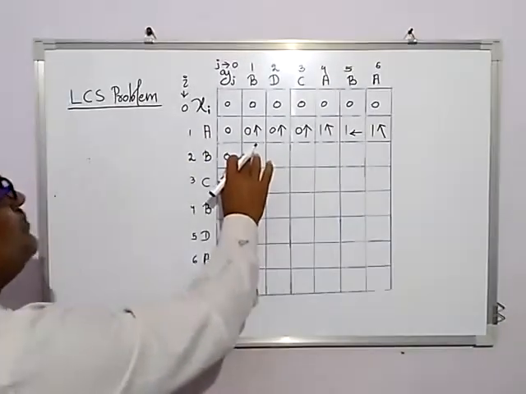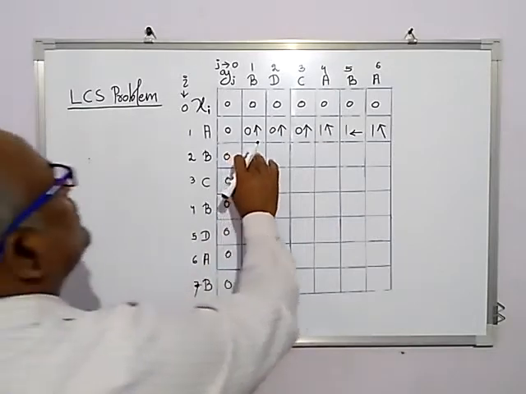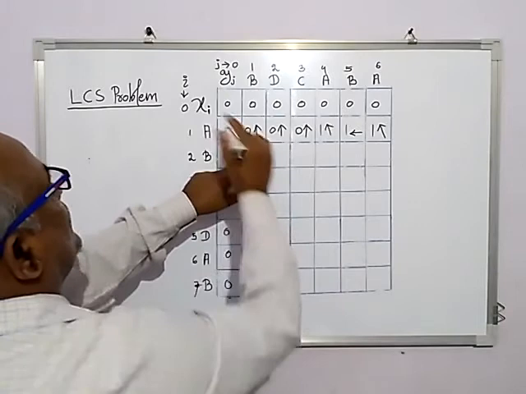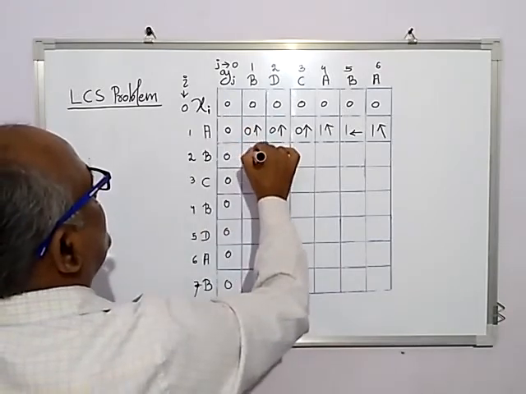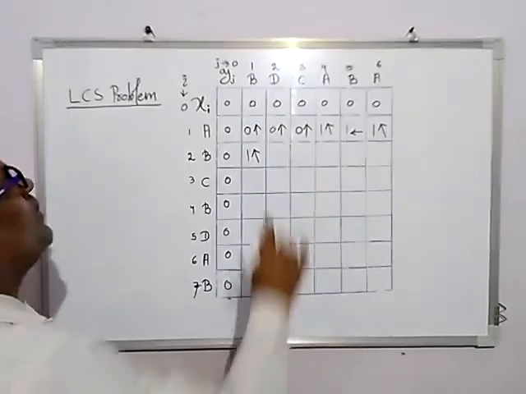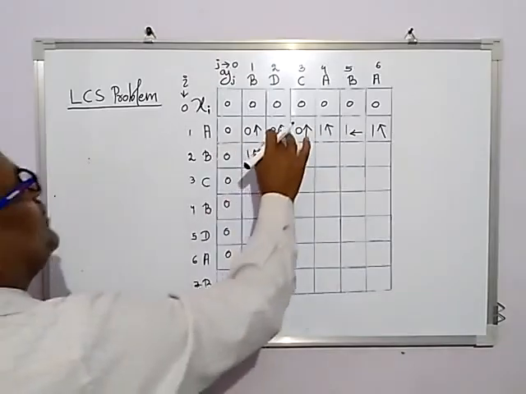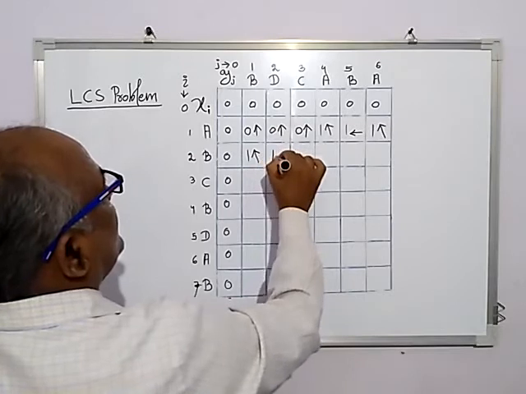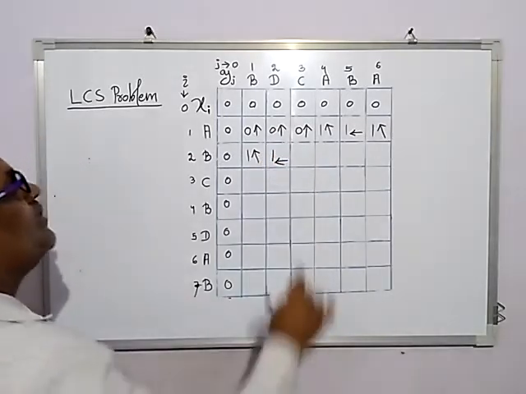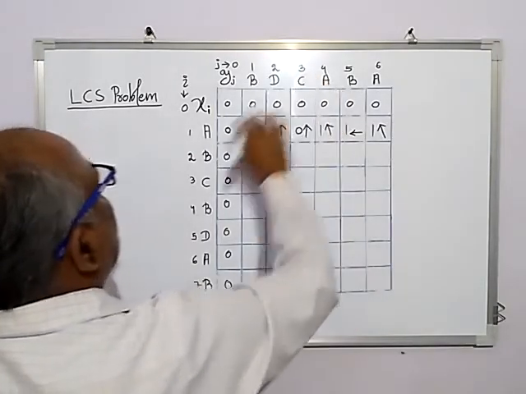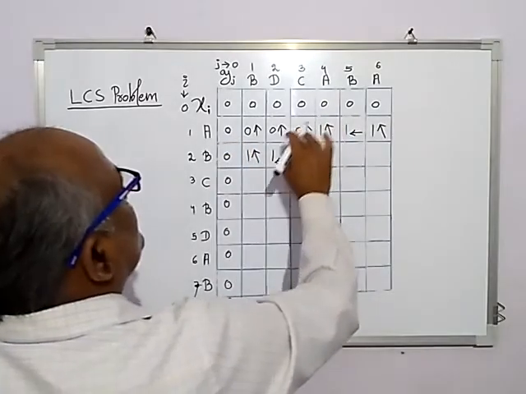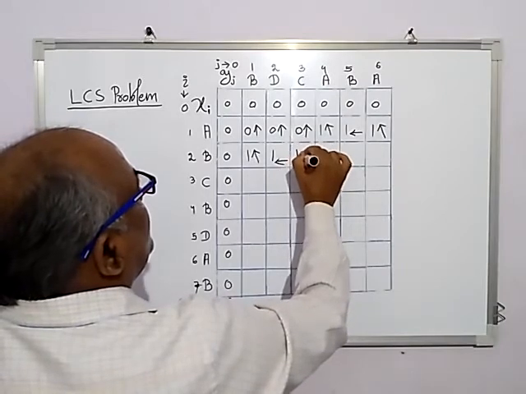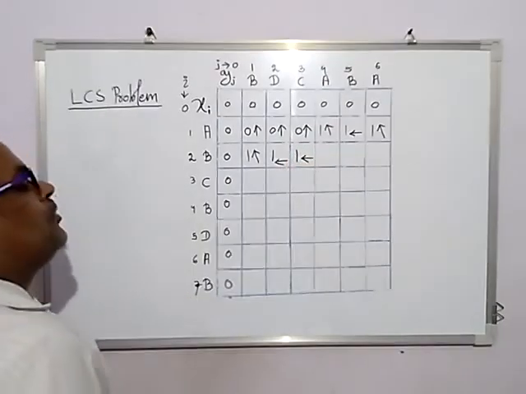Next element, you compare B equal to B. So diagonal element plus 1, use this symbol. Then D, B, not same, you consider this element, left value is greater, so you take 1, then use a sleeping arrow. Then you consider C and B, these are not same, so you consider two elements. Since this one is greater, you write the left cell value, or left box value, then